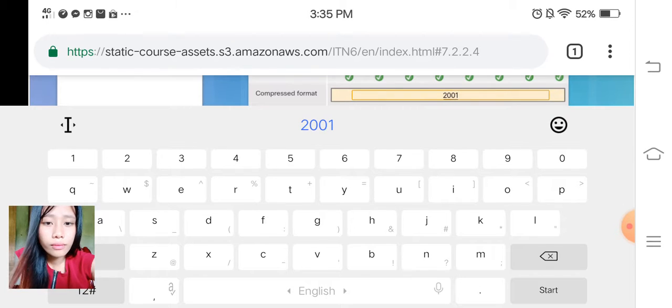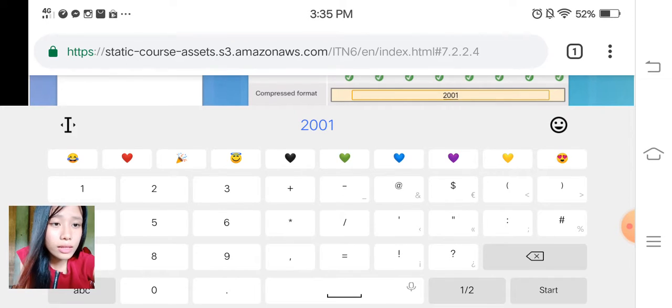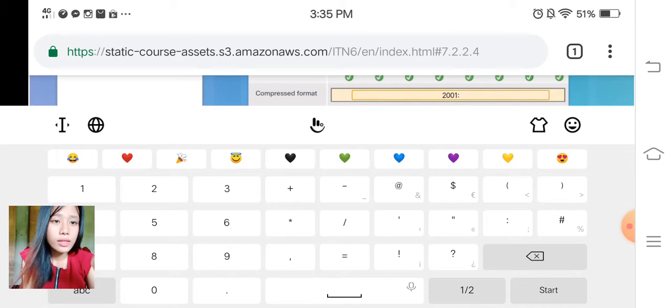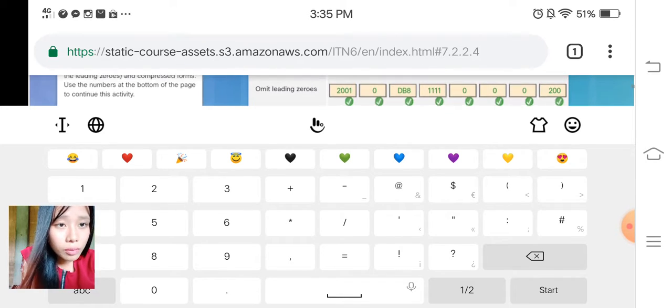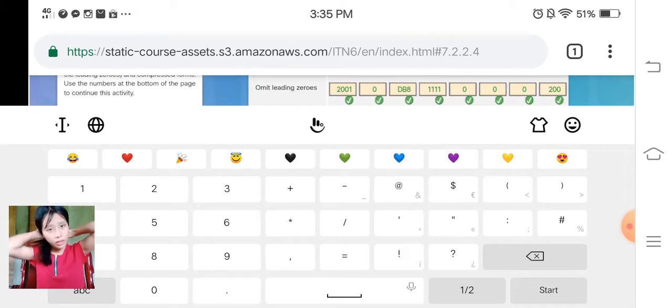2001. This is important in the compressed format. This one, these two dots, I forgot what it's called. So yeah, before that, my foot 2001 zeros. So